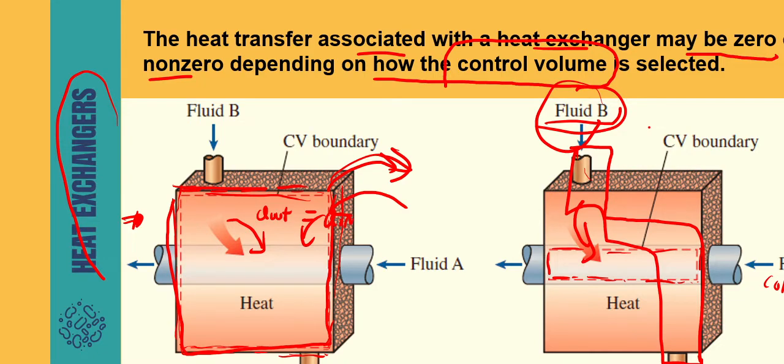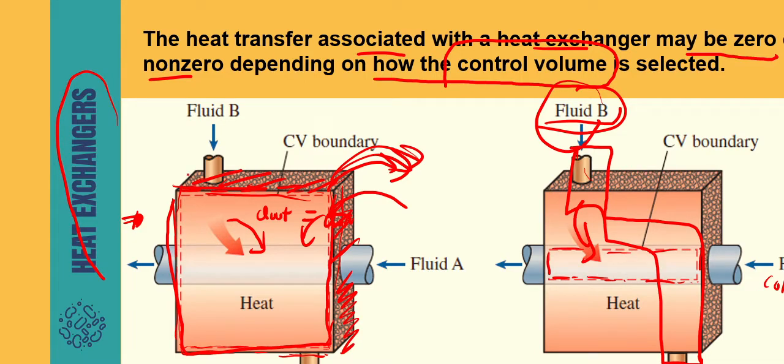If you decide your system to be fluid A or fluid B. But if you select your entire system, if you select your system to be the entire heat exchanger that consists of both fluid A and fluid B, so the surrounding is outside here. As you can see, there is no heat transfer because this is insulated,